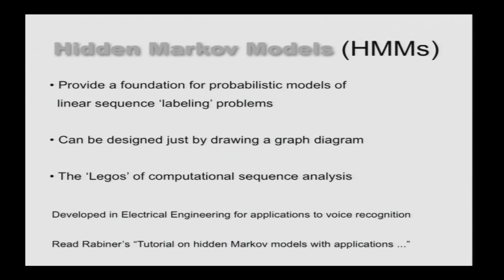And what they allow you to do, though, with HMMs is to have transition probabilities between the different states. So you can model states, you can model the length of different types of states to some extent, as we'll see, and you can model which states need to follow other states. They're relatively easy to design. You can just simply draw a graph. You can even have cycles in it. That's okay.